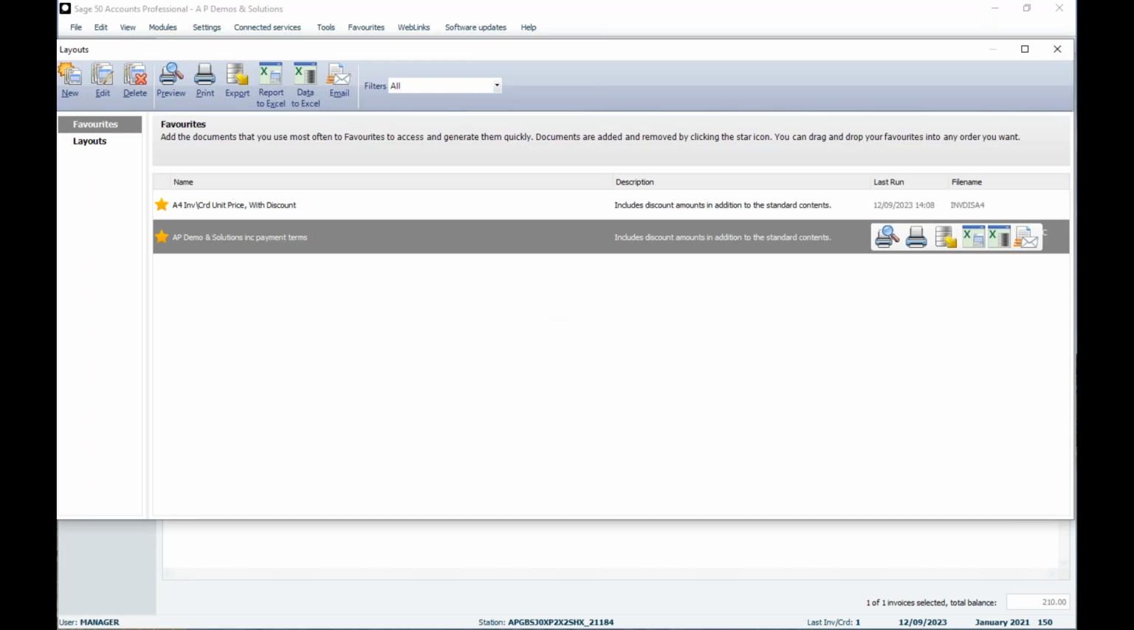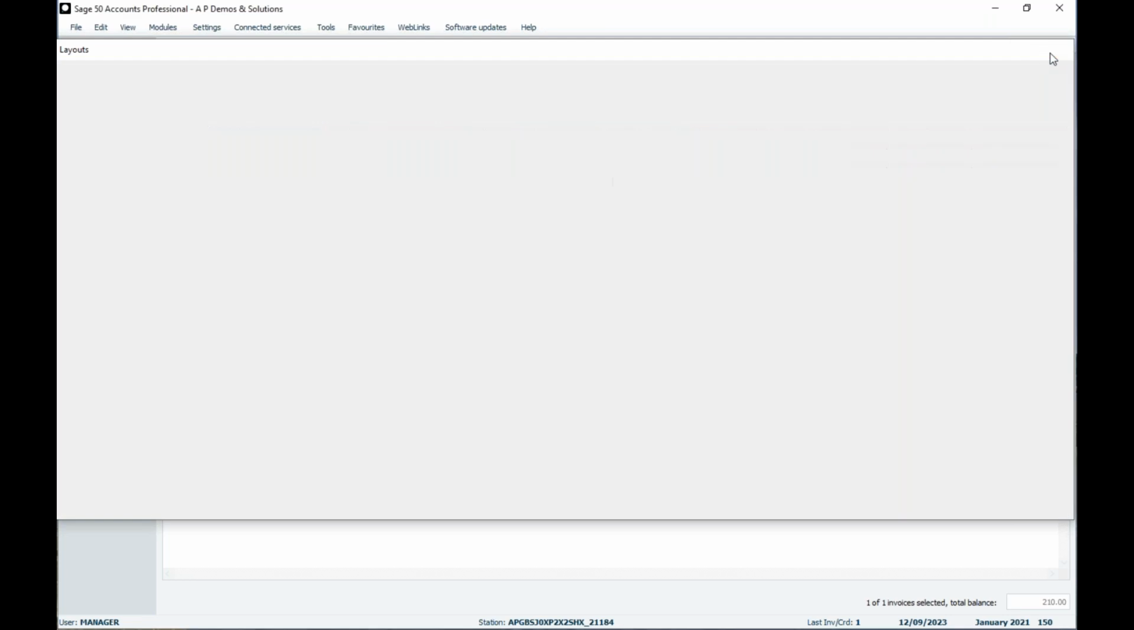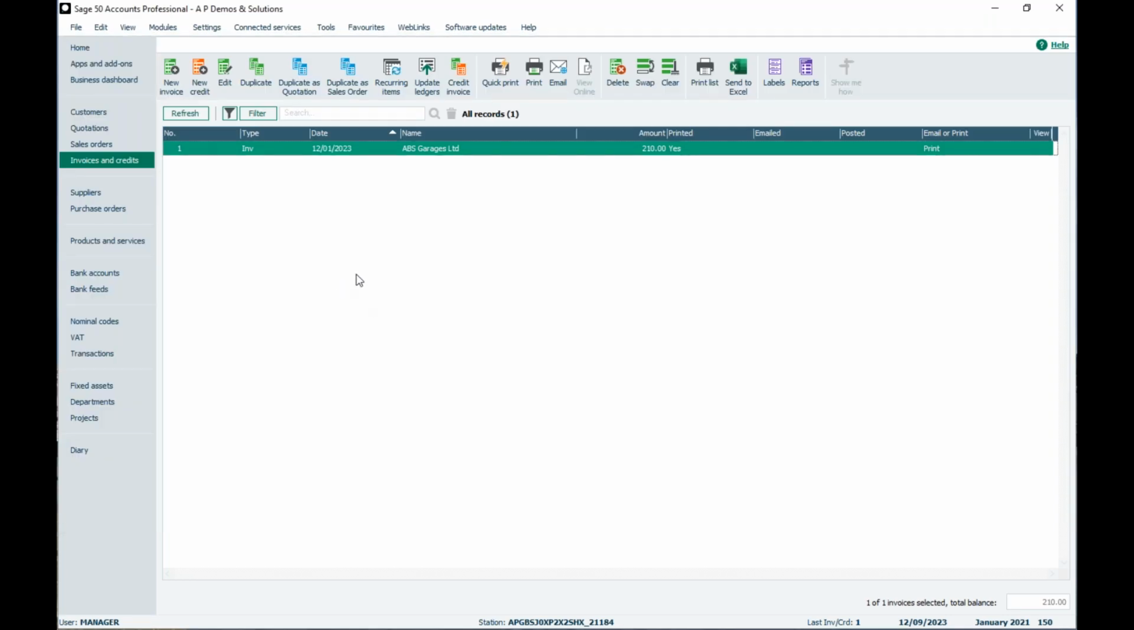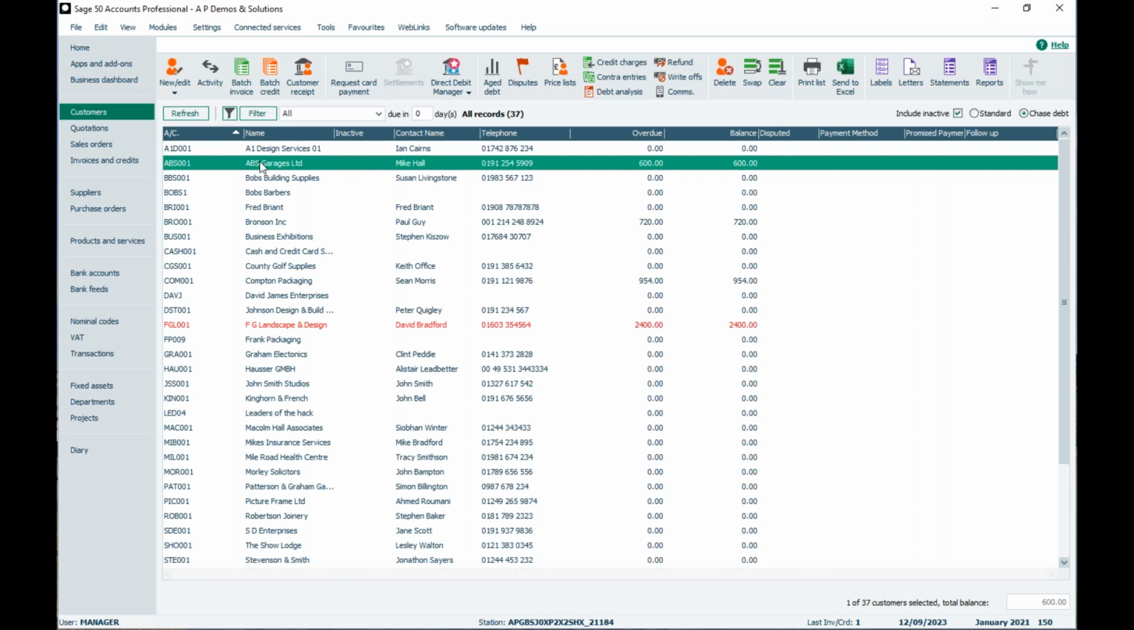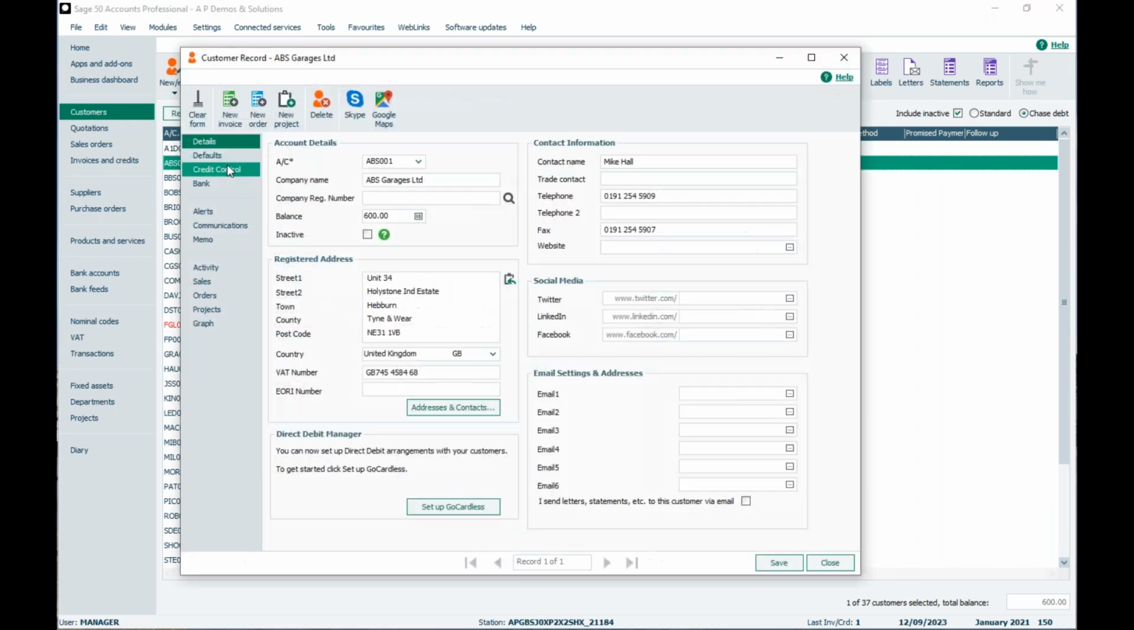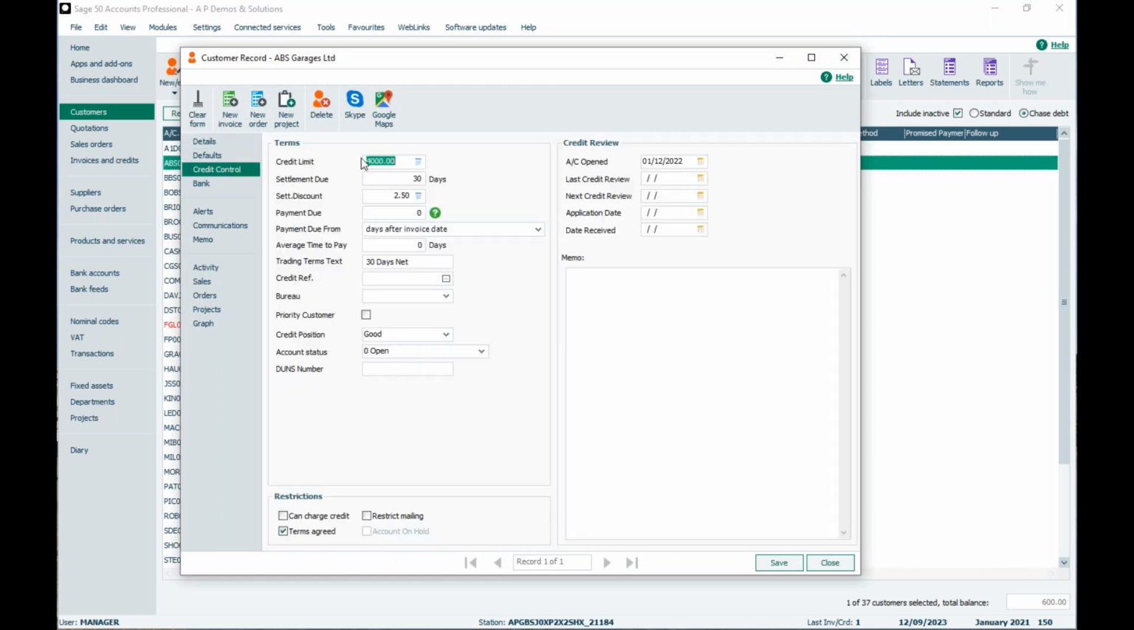Next, I want to be showing you how to add a data field into an invoice. The data field and expressions come from the customer record. So if I just go into the customer record, I'm going to go into ABS Garages, and I'm going to go into credit control. In here, this is where you can add your credit limit, your settlement due, your payment due from, and